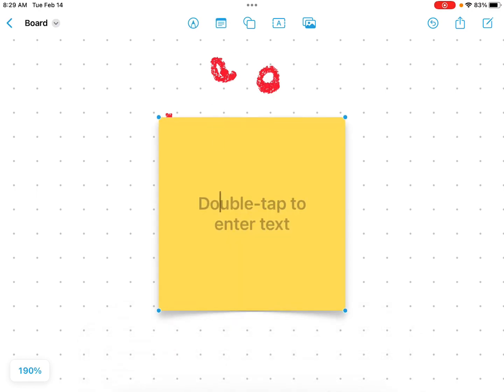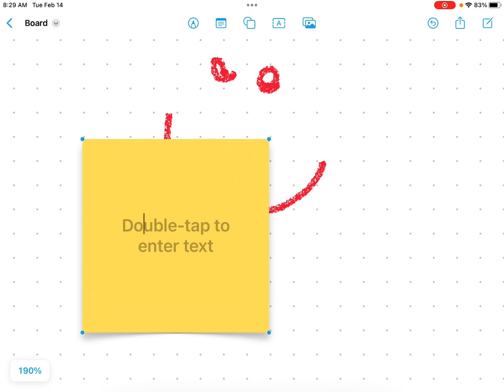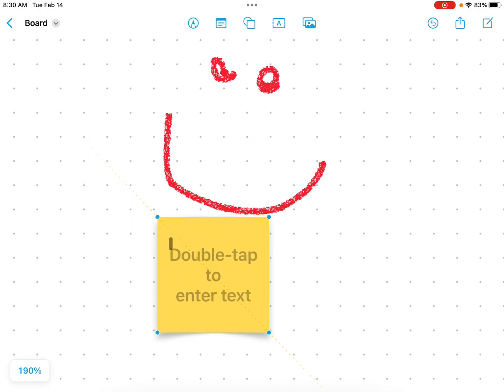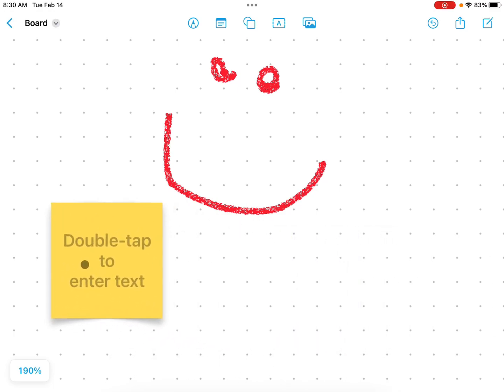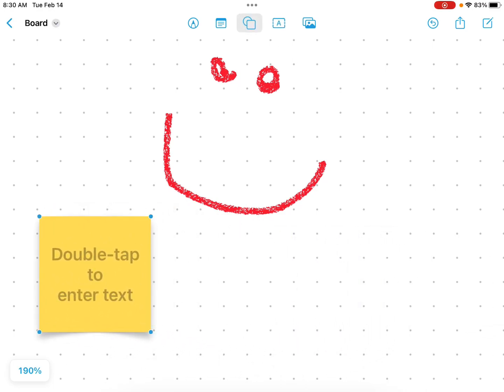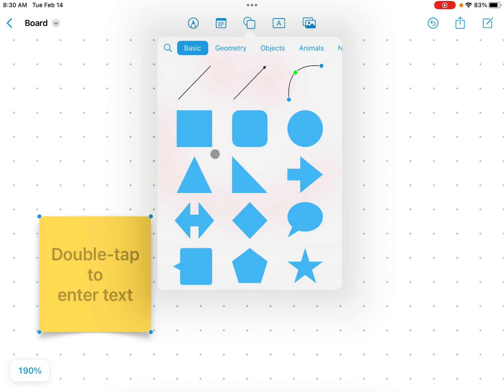Next one over is a sticky note. You can create your sticky notes. You can make them bigger or smaller, and then you can move them around wherever you want them on the screen. The next tool over has a number of different shapes,